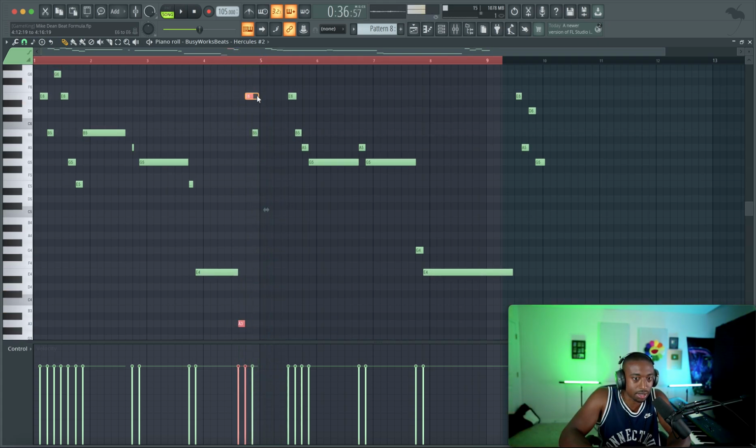That's so dope because this is A, this is E, which is the fifth of A, and then B is the fifth of E. So they resolve perfectly.